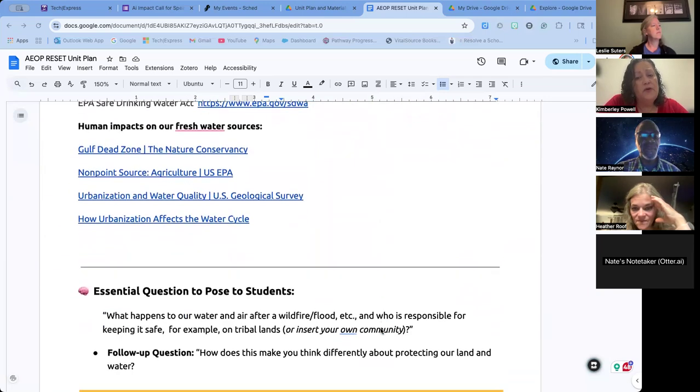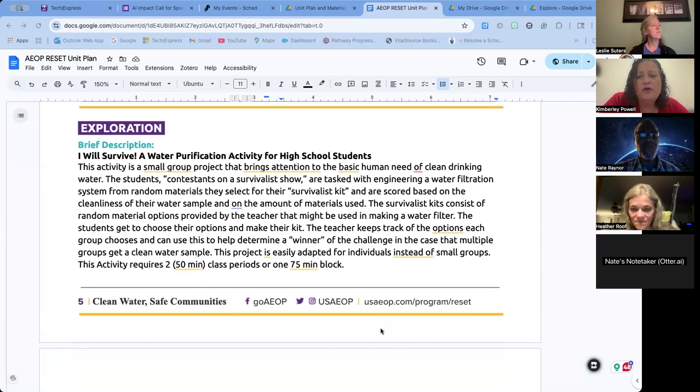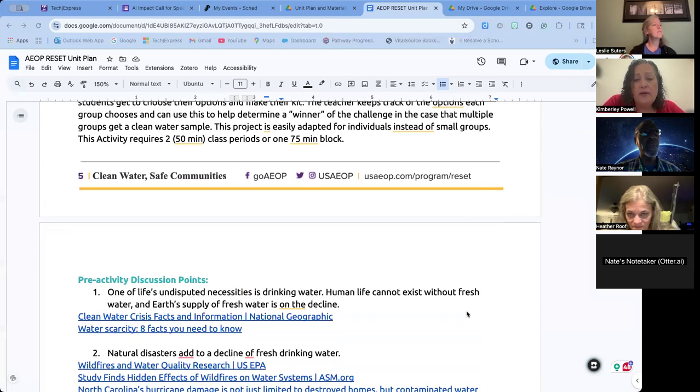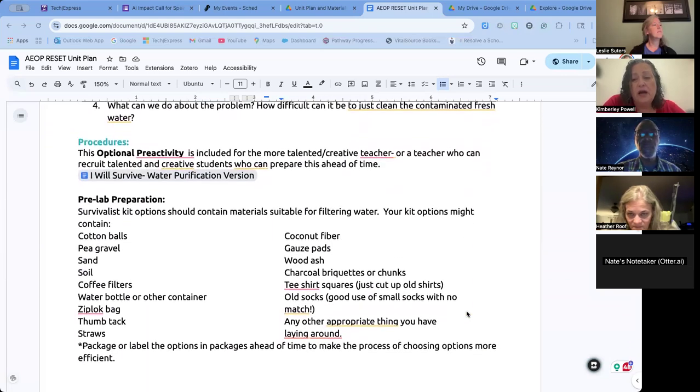This phase requires about a 150-minute class period. In the explore phase, students take on the role of survivalist in a challenge called I Will Survive. The hands-on small group project puts the students in the role of contestants on a survival show whose first challenge is to engineer a water filtration system using a survival kit of random, everyday materials like sand, cotton balls, socks,